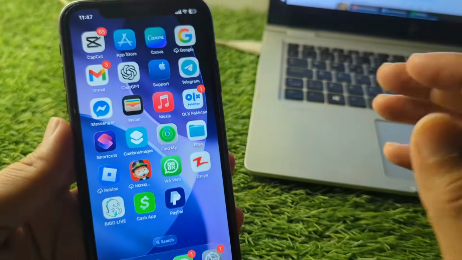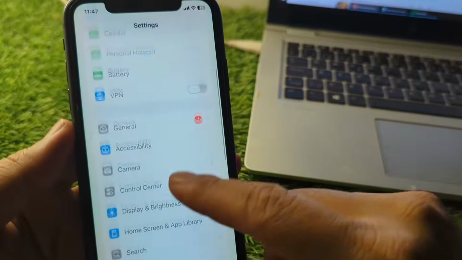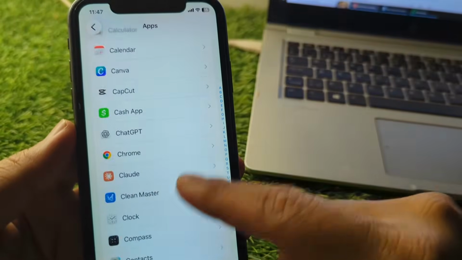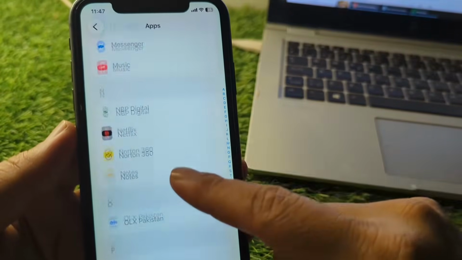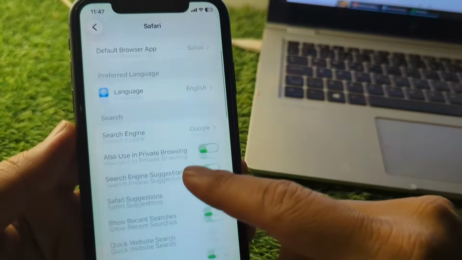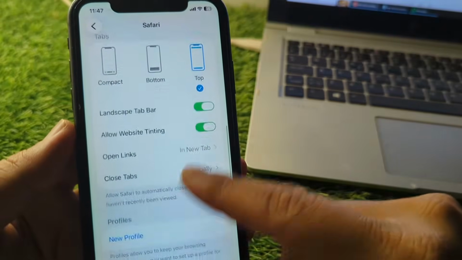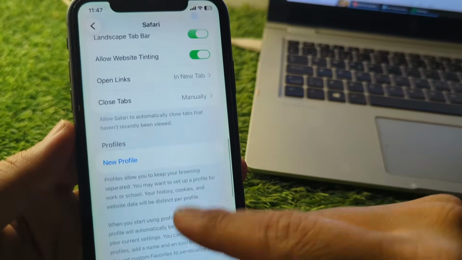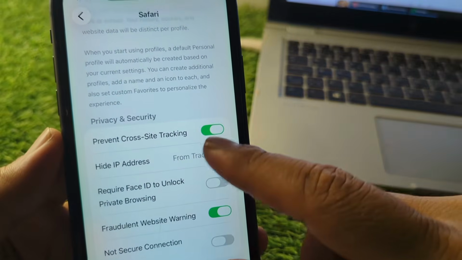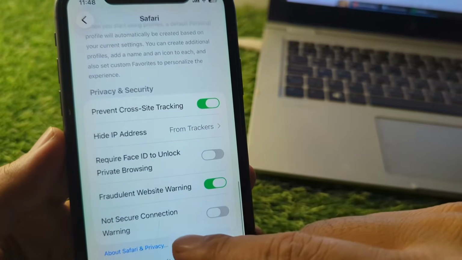So guys, first of all, you have to simply go back to your home screen and now open settings on your device and then go to apps and then scroll it below and go to Safari. Here it is, and from here scroll it below and from here turn off the toggle for prevent cross-site tracking, and after this you have to scroll it below